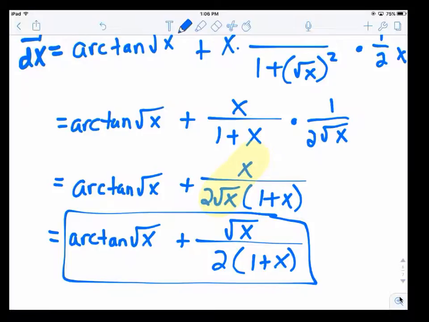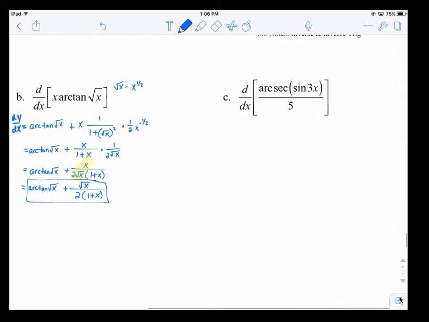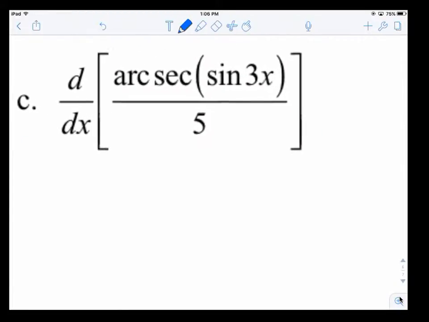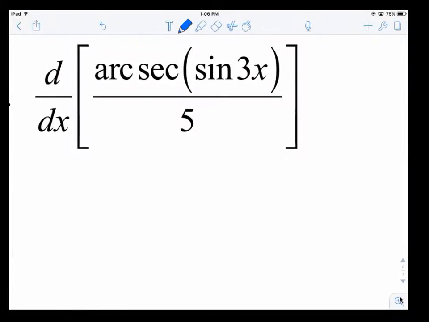Because most of the time, like, they'll ask you for this, and then you have to plug something in. So like, if you plug something in here or here, you really should get the same thing. Okay, and then letter C. How can you rewrite that? If I'm taking arc secant of sine of 3x divided by 5, it's really the same thing as multiplying it by, right. So you have 1/5